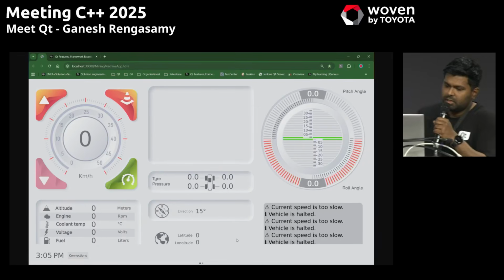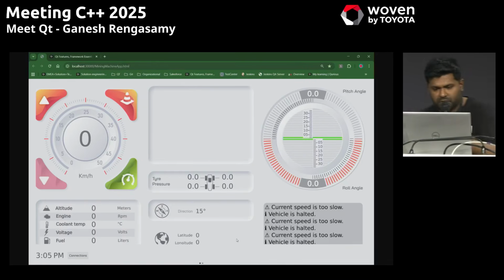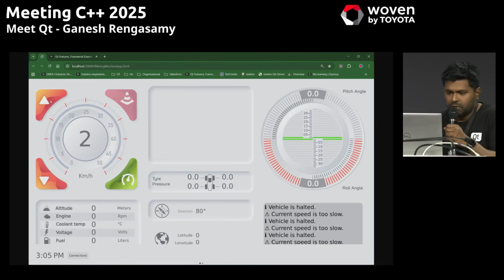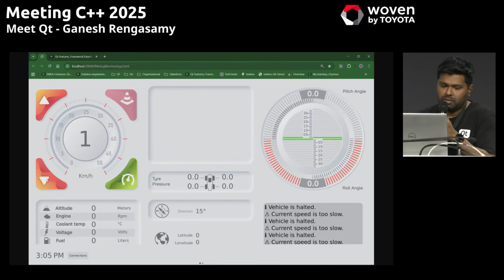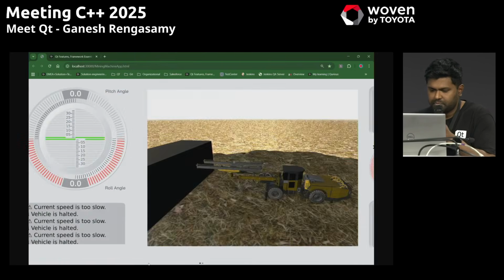So here you see a standard cluster application, and all the buttons have been created in Figma, which is a third-party design application. You then bring it into the Qt infrastructure, and QML code is generated on the front end, all powered through a Qt-based C++ application. And using Qt, you have meta-object compilation, which creates signals and slots, defining what happens when you click on this button, with the business logic associated with it at the back end.